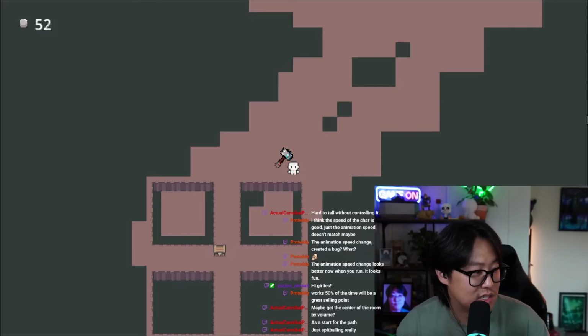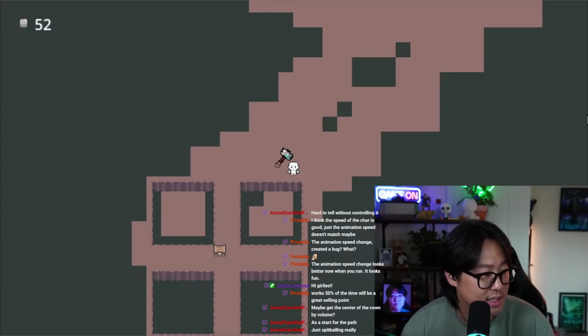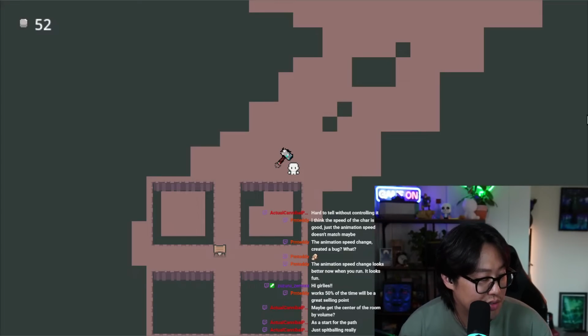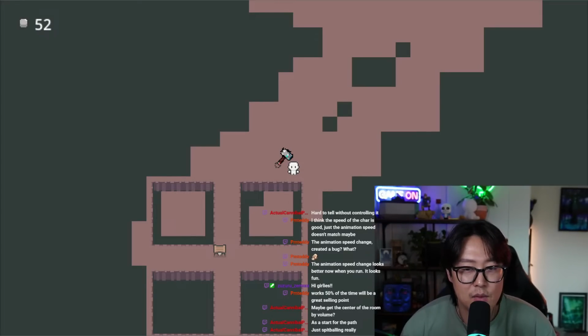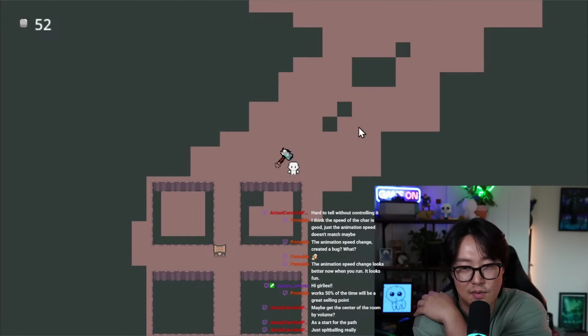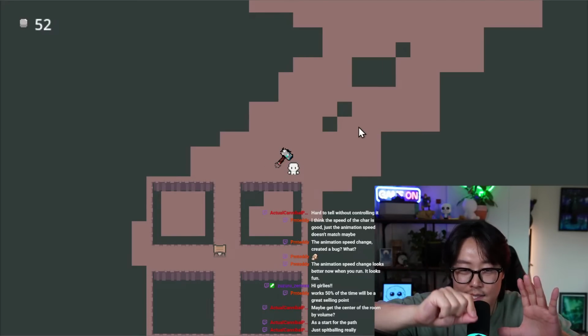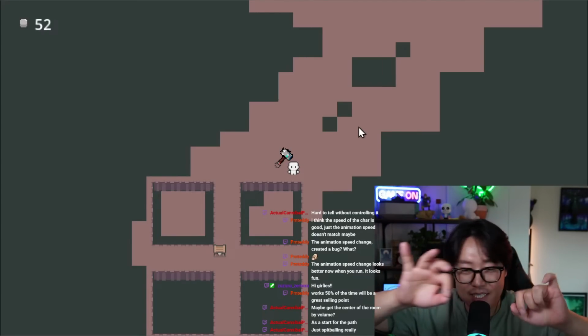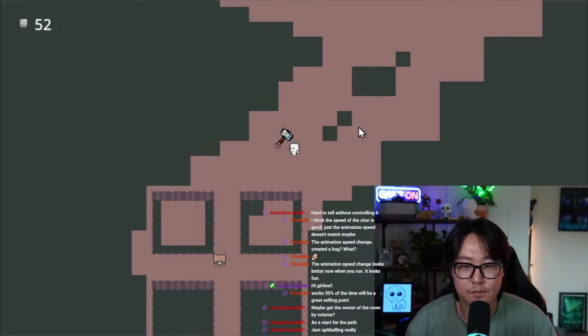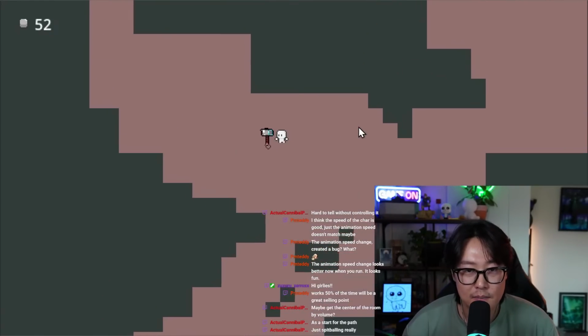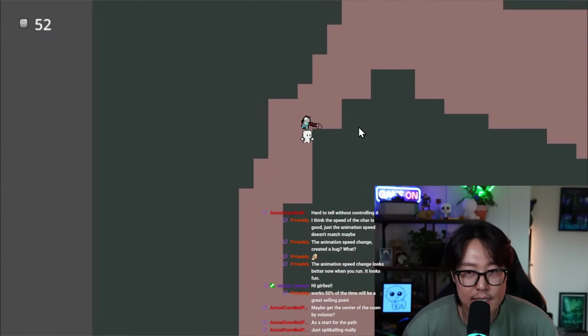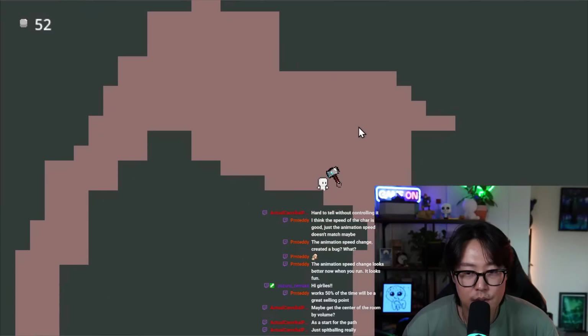Actual says just spitballing really, as a start for the path. I mean, yeah, I think we had that initially, like the center of the volume, not just the center of the position. So you could get the center, give it the size, get the center, and then do a distributed centering. That might work. My only thing right now is I want to make sure